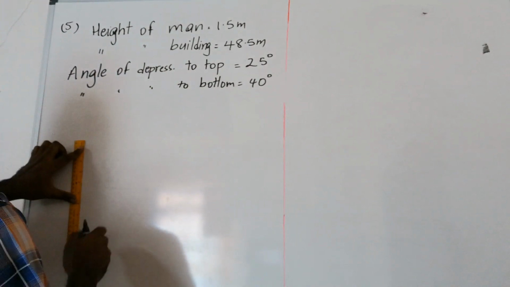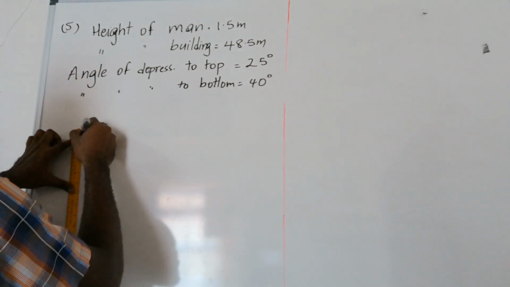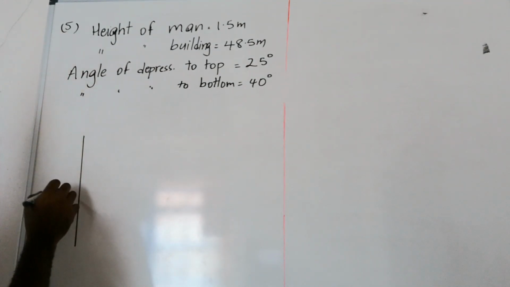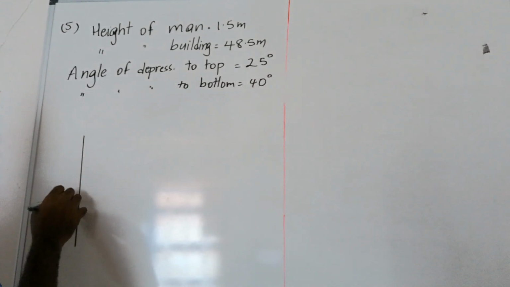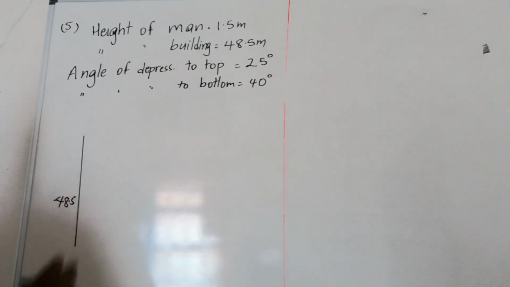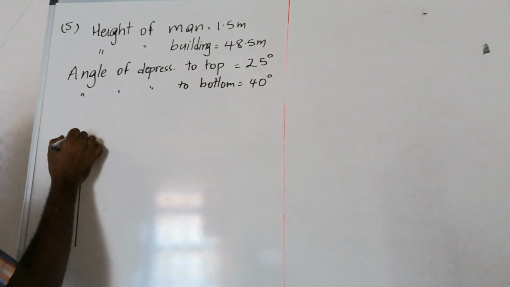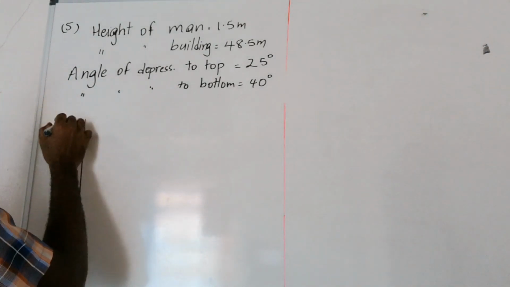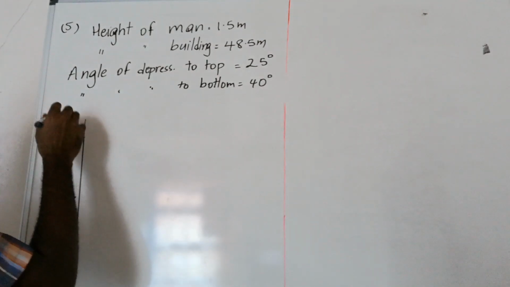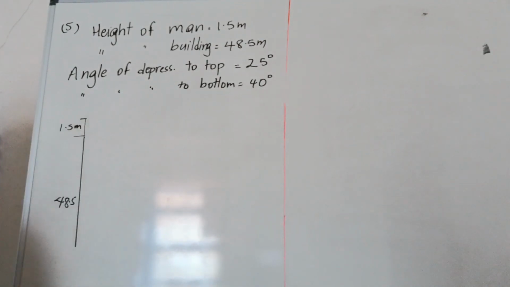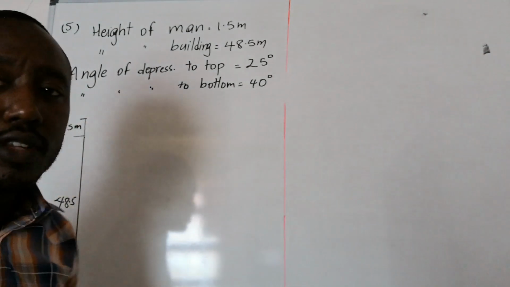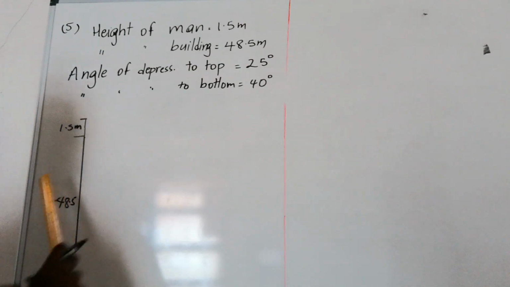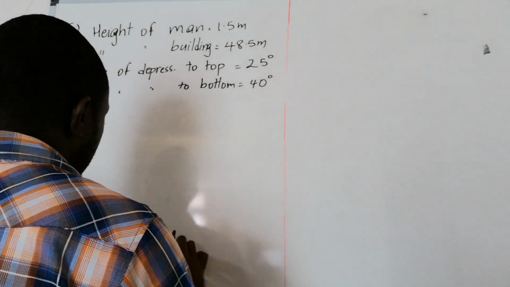So we have a building 48.5 meters high, and there is a man standing on top of this building, and he is 1.5 meters tall. So he is standing on this building and he's looking down. And the angle of depression is as he looks to the top of a building across the road, so there's a building across the road,